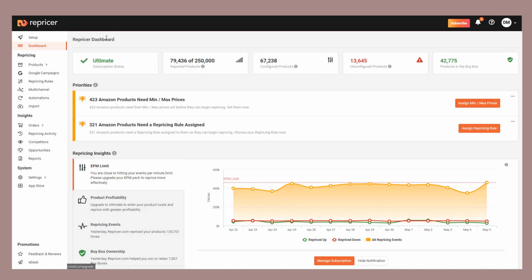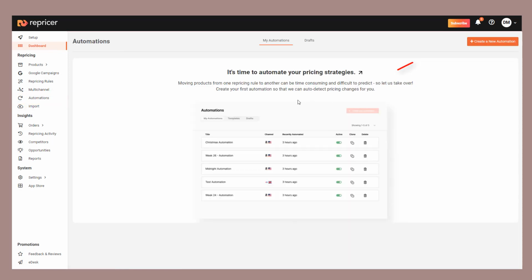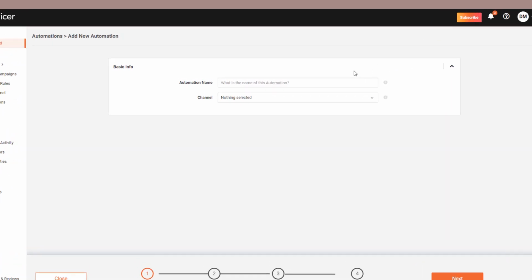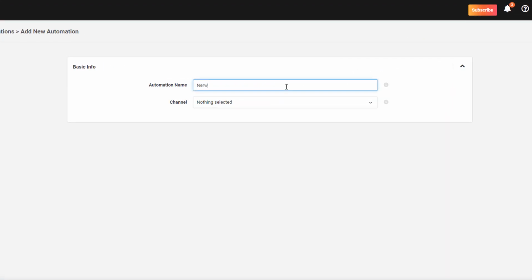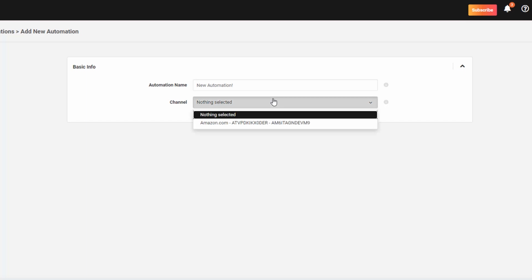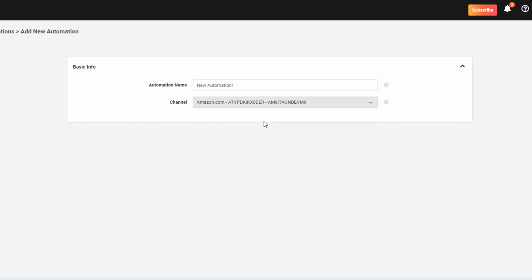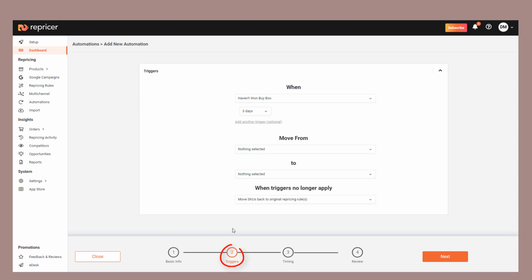Click Automations on the left-hand side of your screen. From here, we'll just choose to create a new automation. When creating a new automation, the first thing you need to do is give it a name. Strange, isn't it? Next, each automation is tied to a specific channel, so you need to choose which you'd like it to apply to. With that done, we move on to the triggers, and this is where the real fun